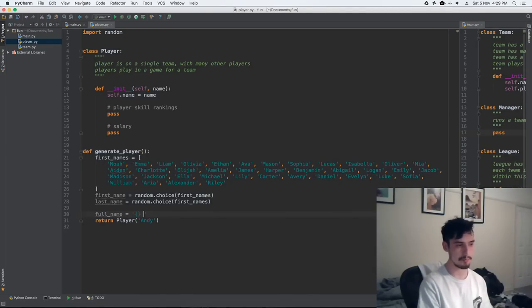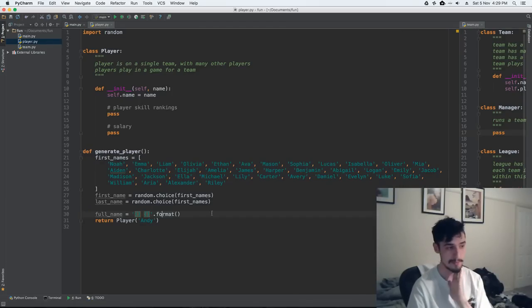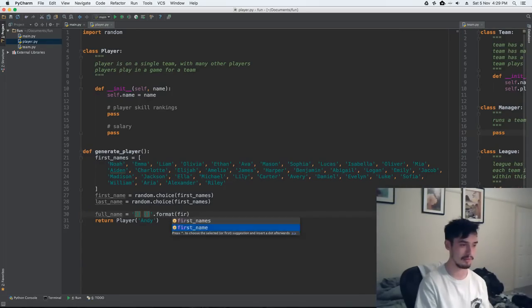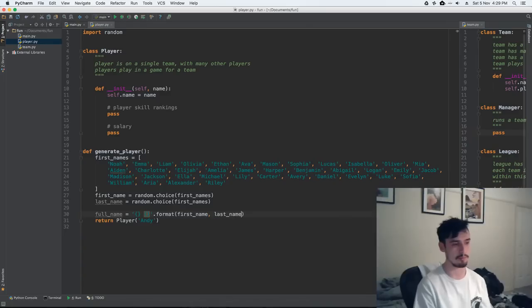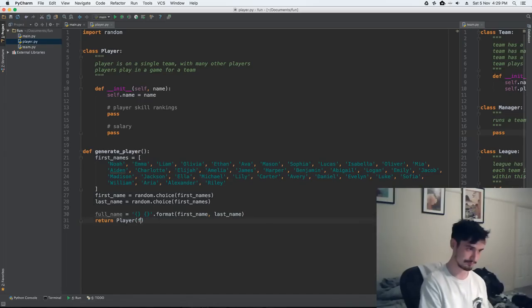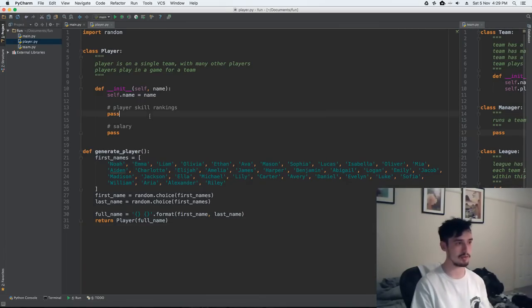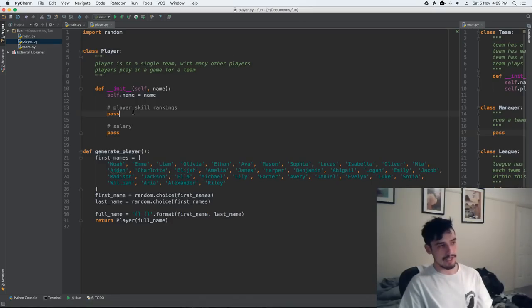Now we're going to use some string formatting here. Just for those that haven't seen the string formatting format before, you put in these curly brackets where you want to insert a variable. You type dot format at the end and then you put in first name, last name. So what this is going to do is if our name is Emma Liam, it's going to say Emma space Liam as that full name. Nice. Okay, so we now have a way to generate a player